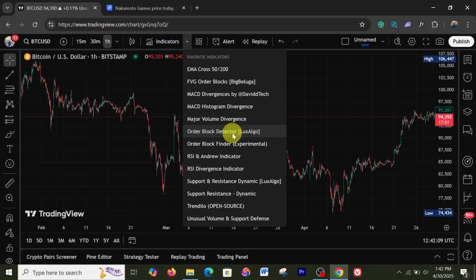I also use this order block finder, RSI and Andrews pitchfork indicator. This is a custom indicator. RSI divergence, this is TradingView's native indicator. Support and resistance by LuxAlgo, support resistance dynamic, trend zero, and unusual volume and support defense. This is also a custom indicator that I built recently. If you want it, I can always show you how these custom indicators work, but I use around 3 indicators,